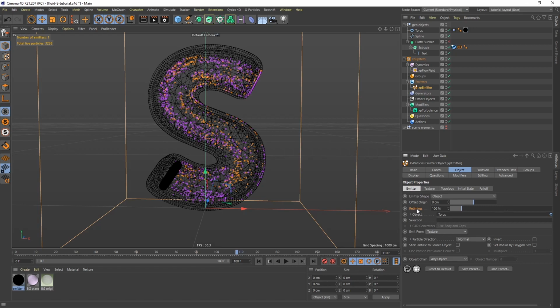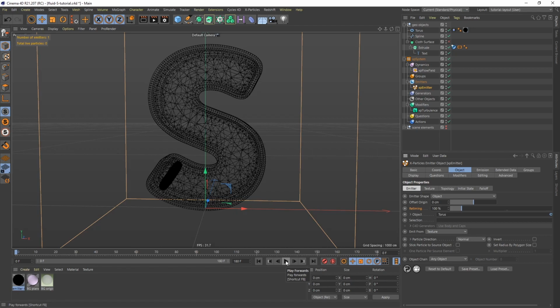And this is a really good feature inside of X particles. So what I'm going to do is rewind, and I'm going to have it at 100% until, going frame by frame,